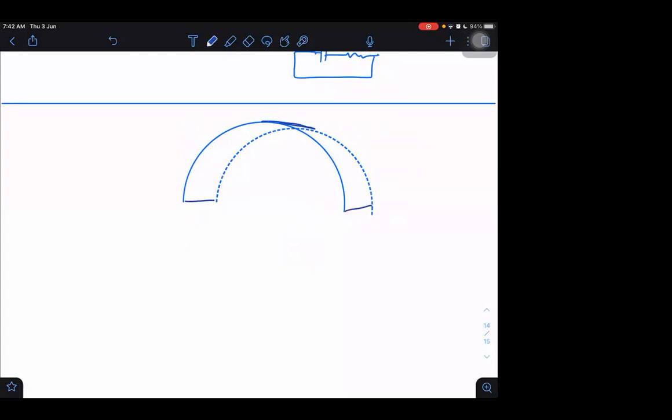These are two parallel plates, semicircular parallel plates. This is looking like one. And in between these semicircular parallel plates, we are inserting a